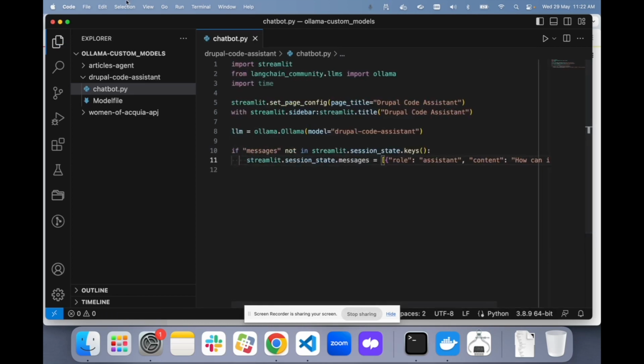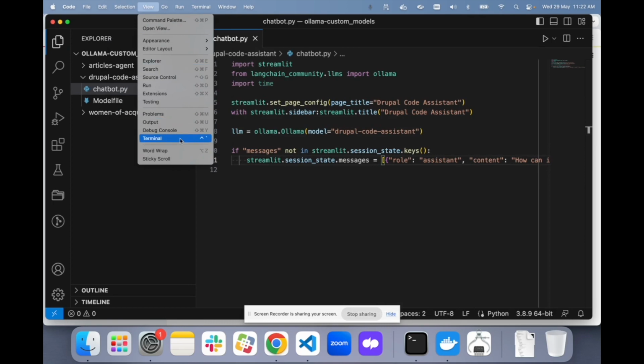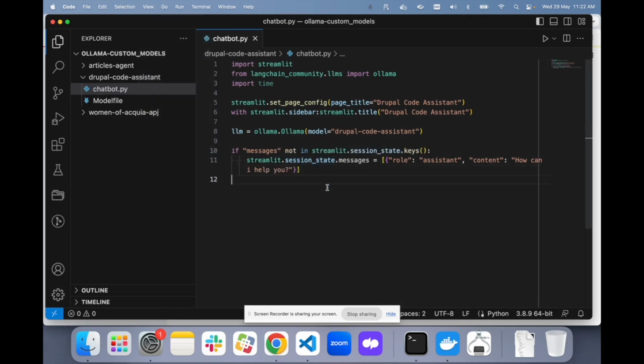So what we are going to do, let me wrap everything. What we are doing here is, in the Streamlit session state, we save all the messages, all the information gets saved that can be used on multiple reruns. So we are checking if we have anything in the session state, and if we have, let's get the keys of it, and we are checking if we do have messages as the key in the session state.